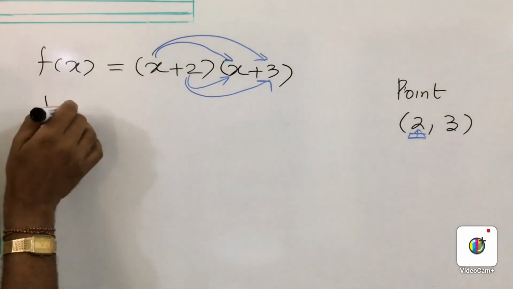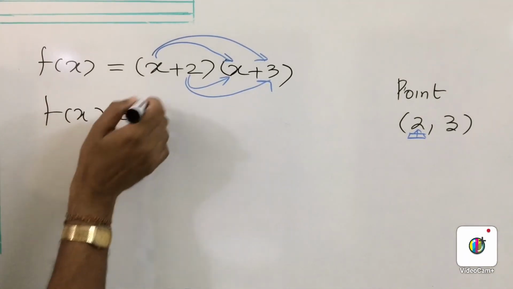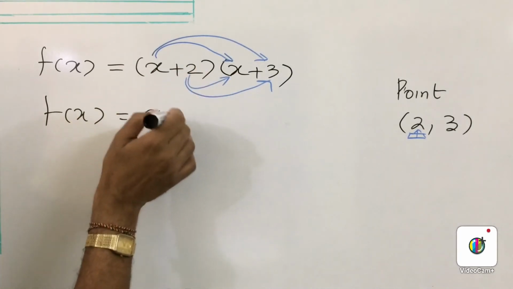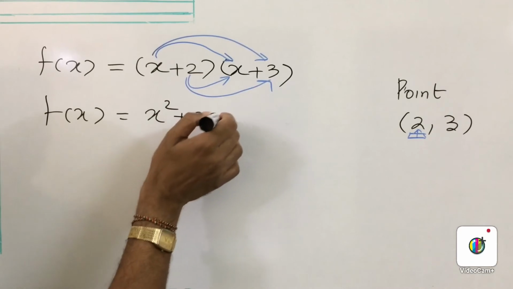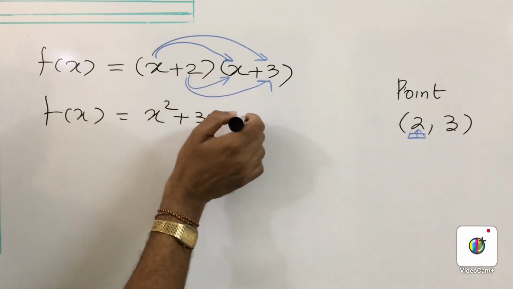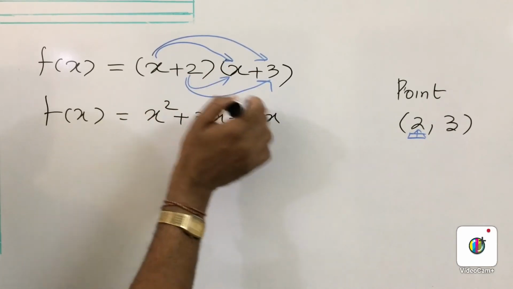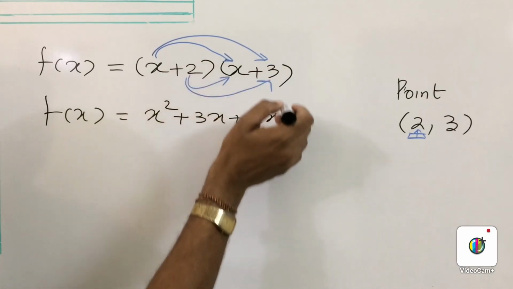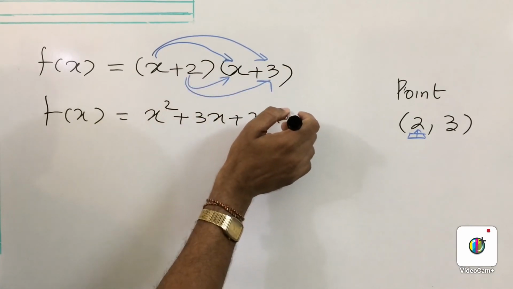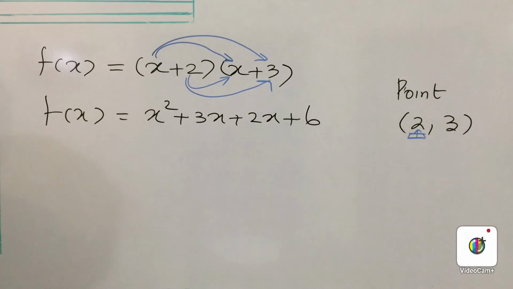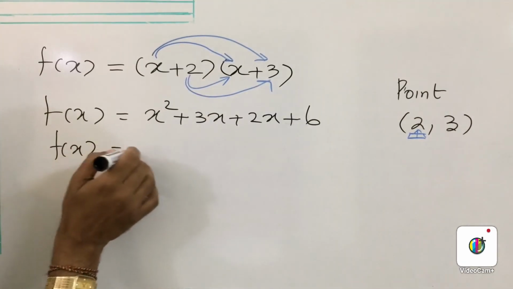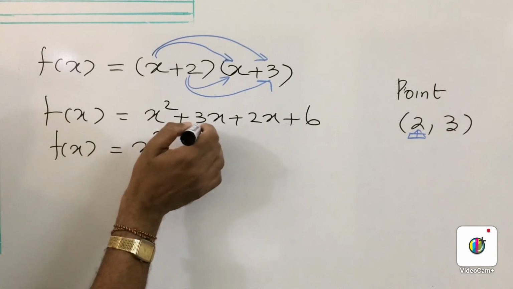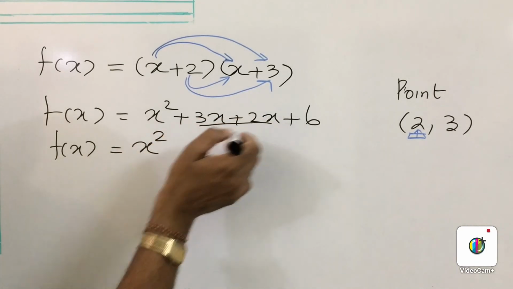Therefore f(x) equals x into x, x squared, x into 3, 3x, 2 into x, plus 2x, 2 into 3, plus 6. Now you can write f(x) equals x squared. You can add these, 3x plus 2x,